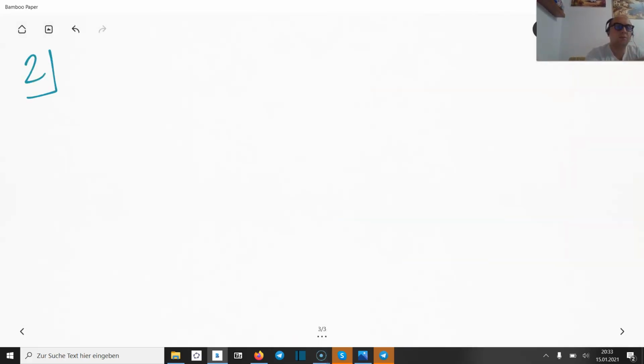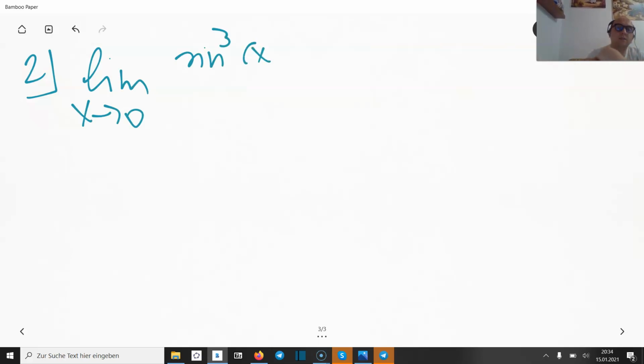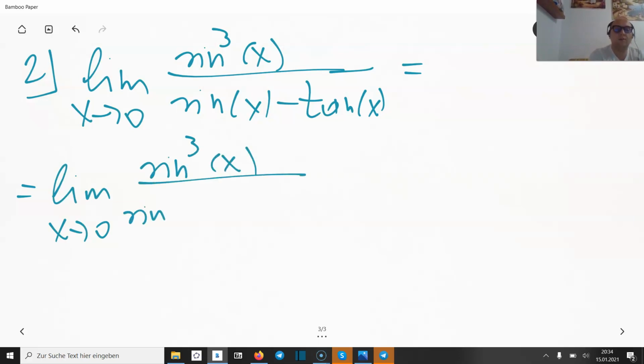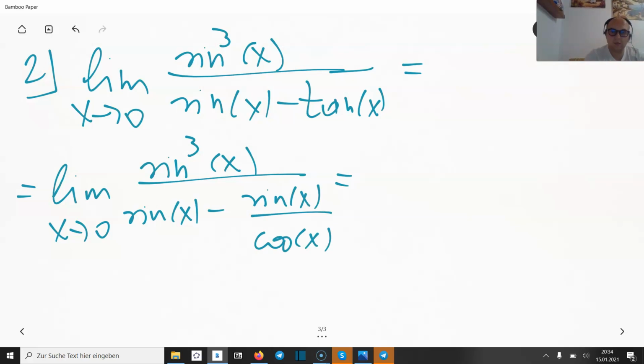There you go. Number 2, we got limit x towards 0 sine cubed of x divided over sine of x minus tangent of x. Okay, the very first step, we start with limit x towards 0 sine cubed of x divided over sine of x minus sine of x divided over cosine of x. So in the next step, we are just